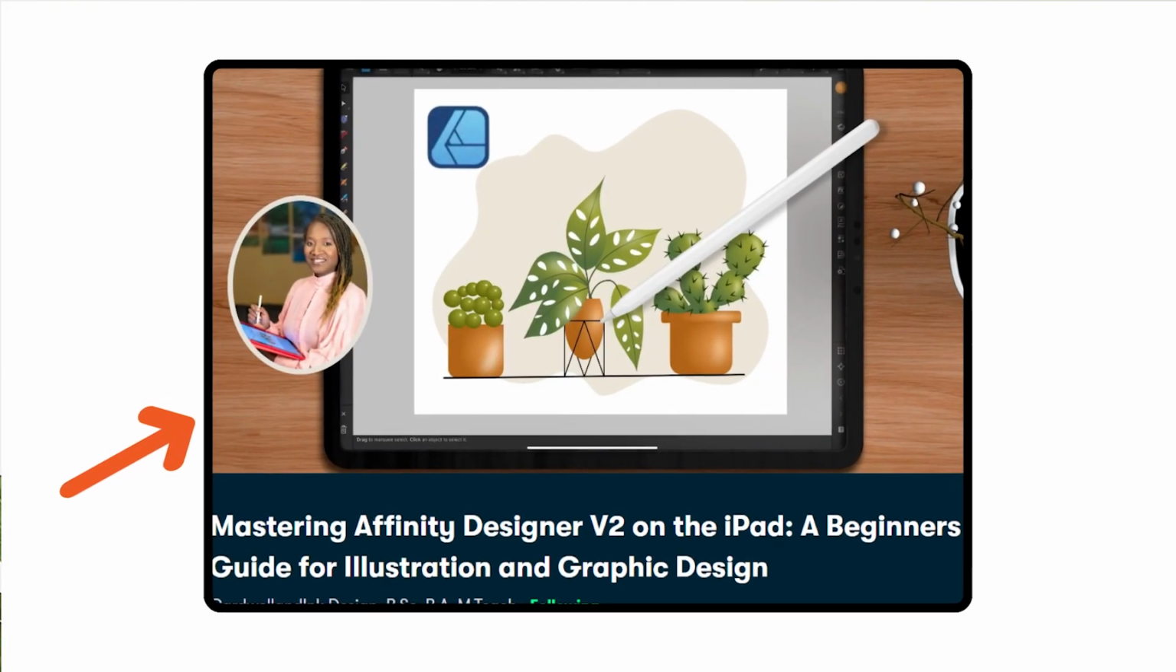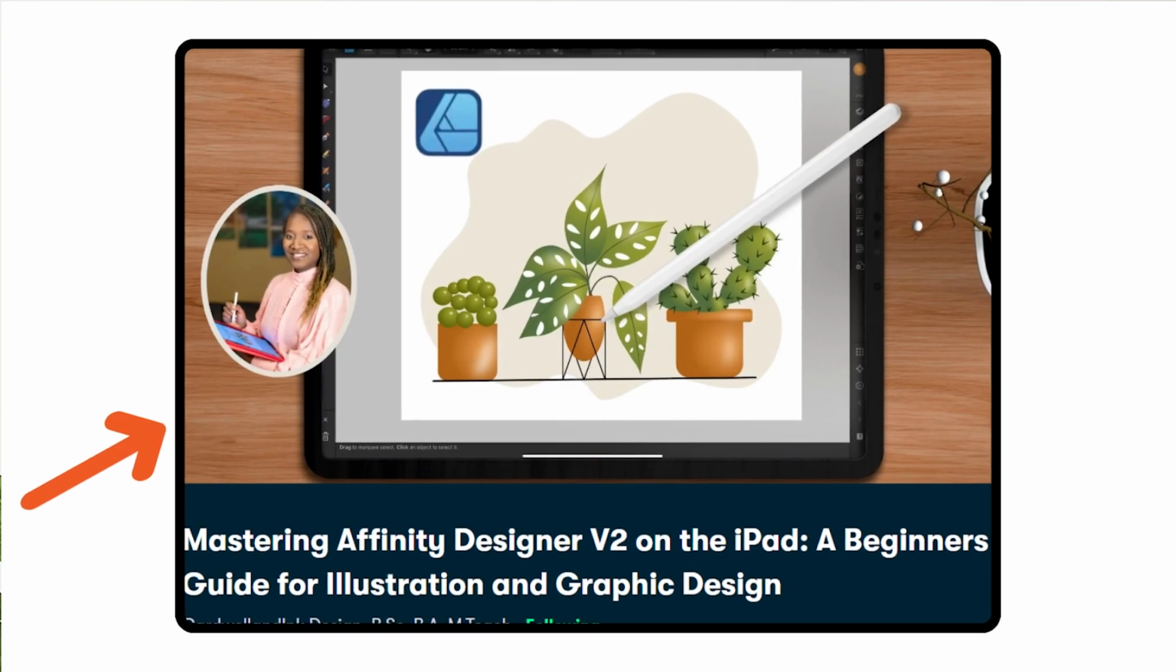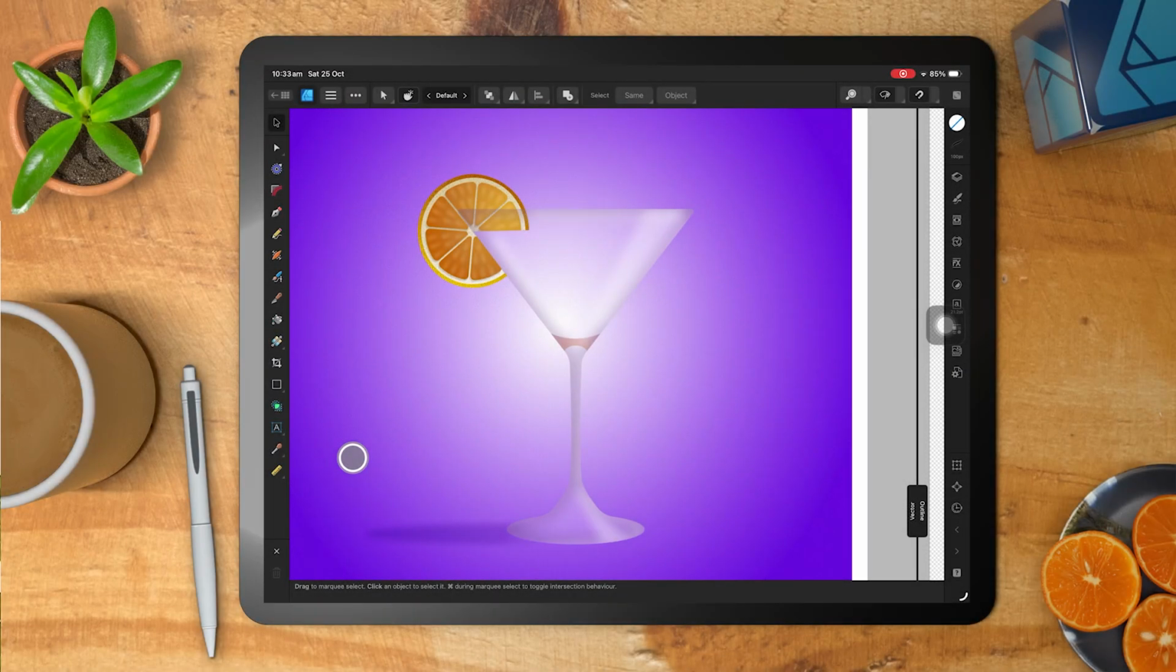In this class, we're going to create a vector-based cocktail illustration entirely in Affinity Designer version 2 on the iPad. This lesson is the perfect follow-up to my first Mastering Affinity Designer beginner class here on Skillshare. We'll build on those foundational tools and apply them to a more advanced project that combines shapes, gradients, reflections, and